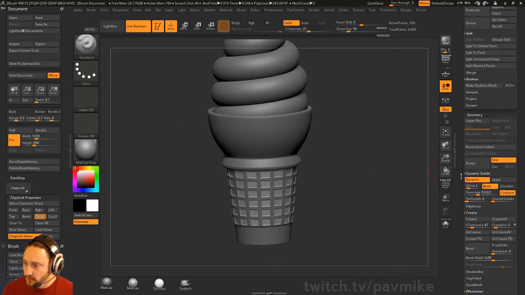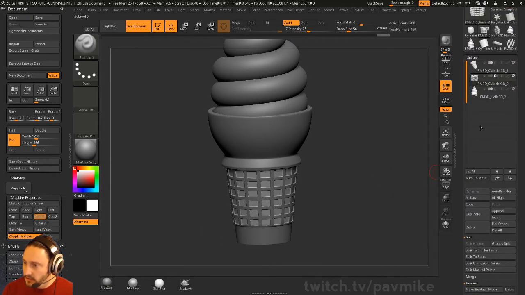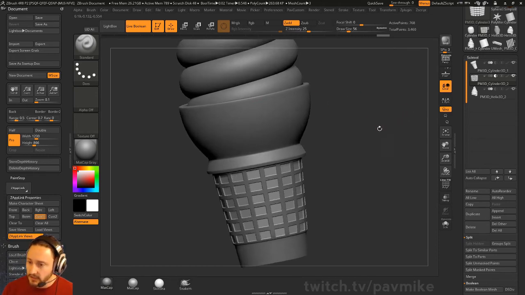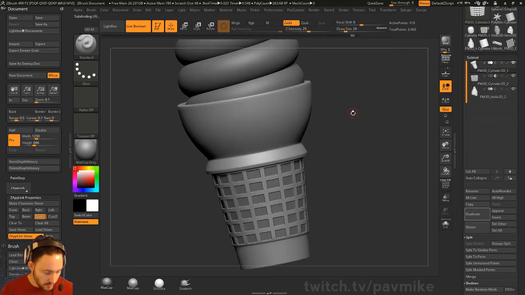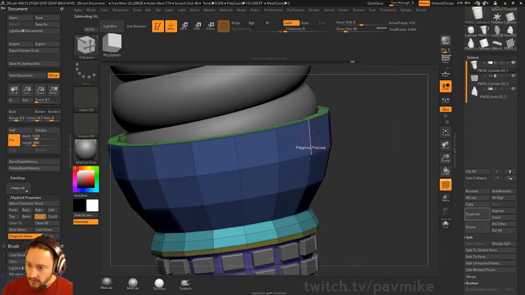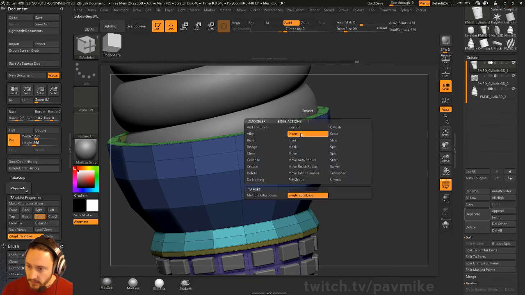So what I'm going to do is go to our subtool menu. If I want to make this real, so I can smooth it out as a Dynamesh, is there anything else I need to do? Looks like there's a slight edge here. Let's do that really quickly. Let's go out of our Boolean render here. We'll do Shift D. One more slight change. We're going to go to Insert Single Edge Loop, and now we're going to go to